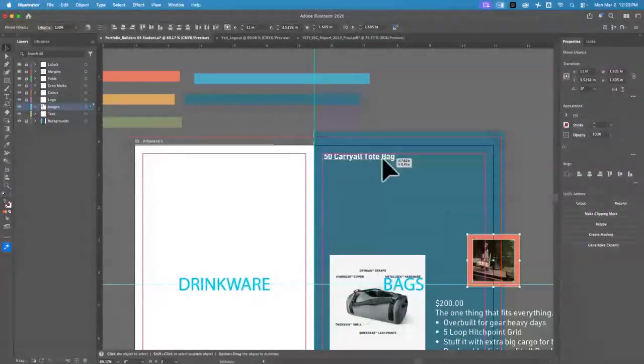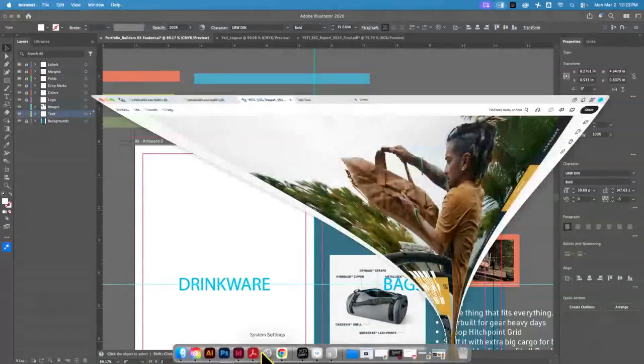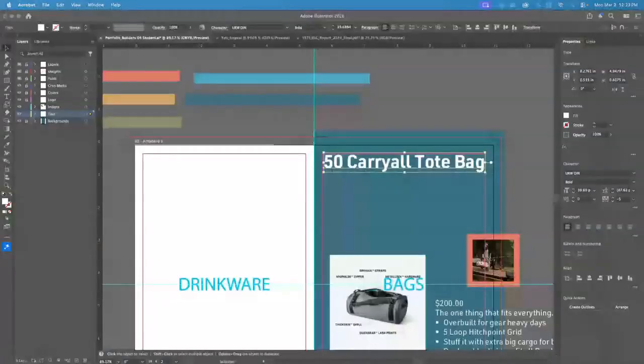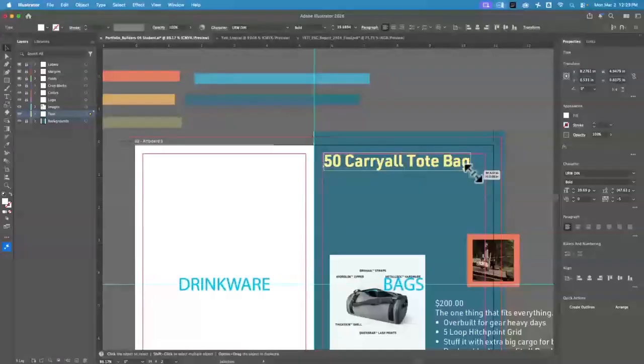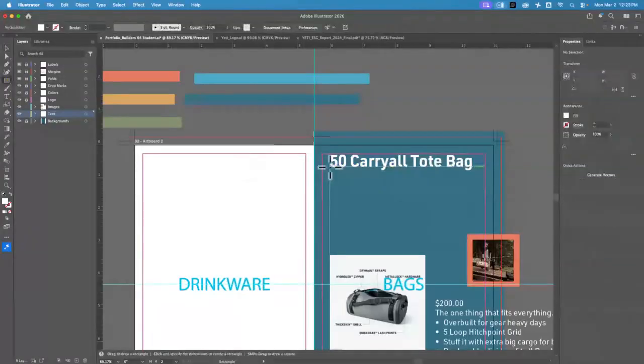And for the 50 carry-all, actually I have to view it twice. I don't know why I have two screens. I keep closing it out. Just looking at how they did it. Make it a little bit smaller. And then for this one, they used mustard as the color, so it's just at the top. And then the other one